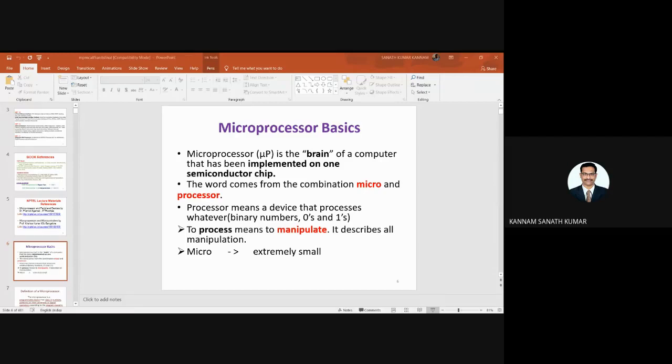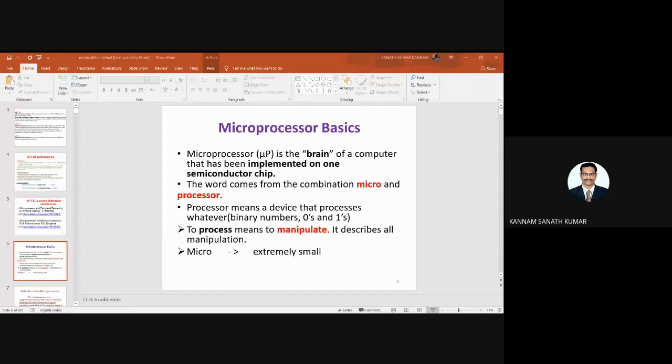It takes the numbers and performs arithmetic and logical operations. Arithmetic means addition, subtraction, multiplication, division. Logical operations mean AND, OR, NOT, XOR, and so on. It will do these two kinds of operations, and the program is stored in the memory, and it produces other numbers as a result.